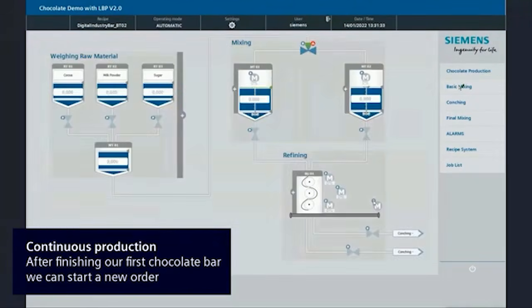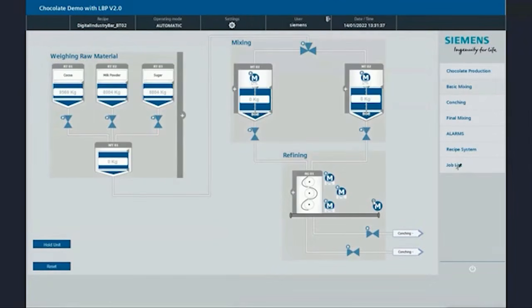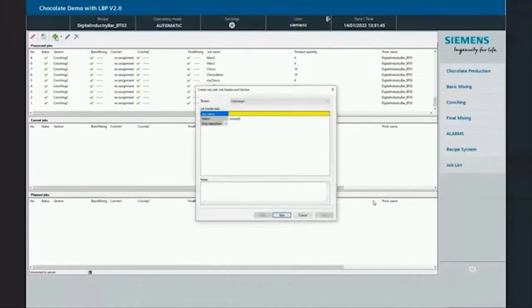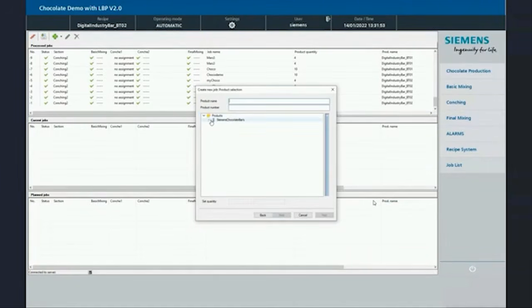While the production is running, for demonstration purposes, we start another batch. This time we will produce a different chocolate bar, because later I want to show you how you can use this when browsing through the material genealogy and identify the used lots for different batches.